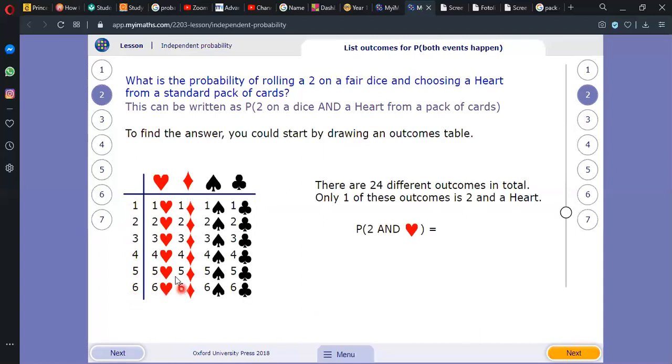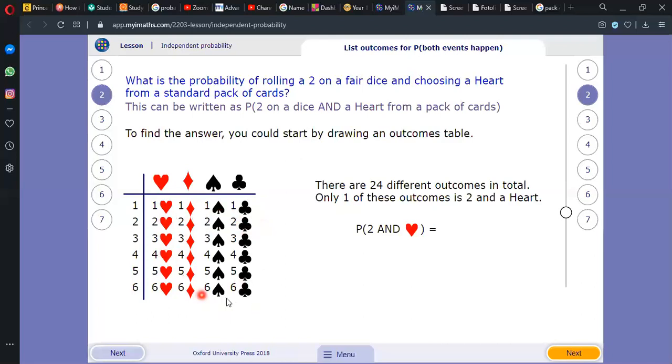So if you want to do the outcomes, all of these we've discussed before in our previous lessons, all of these that you're looking at are the possible outcomes, okay? Here you have one with heart, one with diamond, one with spade, and one with club. The next row shows 2 and heart. The next one shows 2 and diamond, 2 and spade, 2 and club, and so on like that